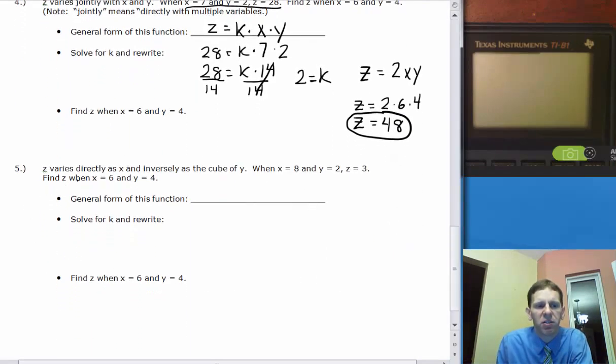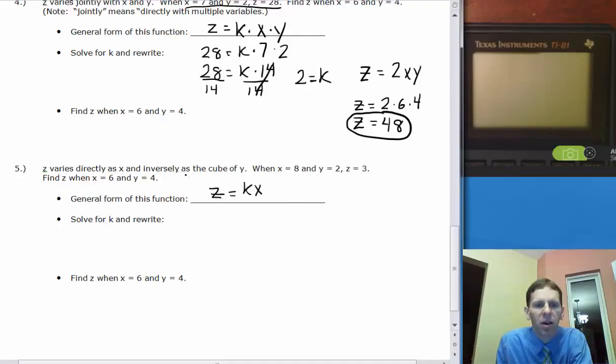Finally, z varies directly as x and inversely as the cube of y. Then when x equals 8, when y equals 2, z equals 3. Find z when x equals 6 and y equals 4. What does the general form look like here? We're going to start with z again. Varies directly. Now, if it just said z varies directly as x, you would write z equals k times x,